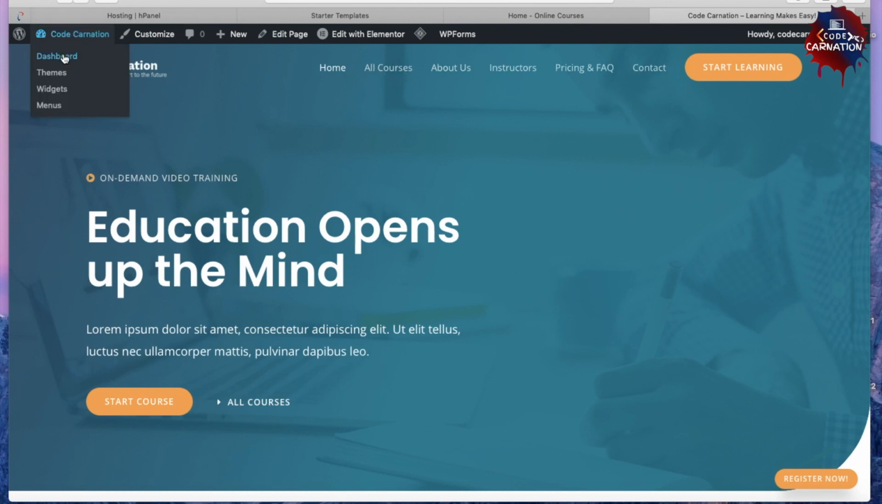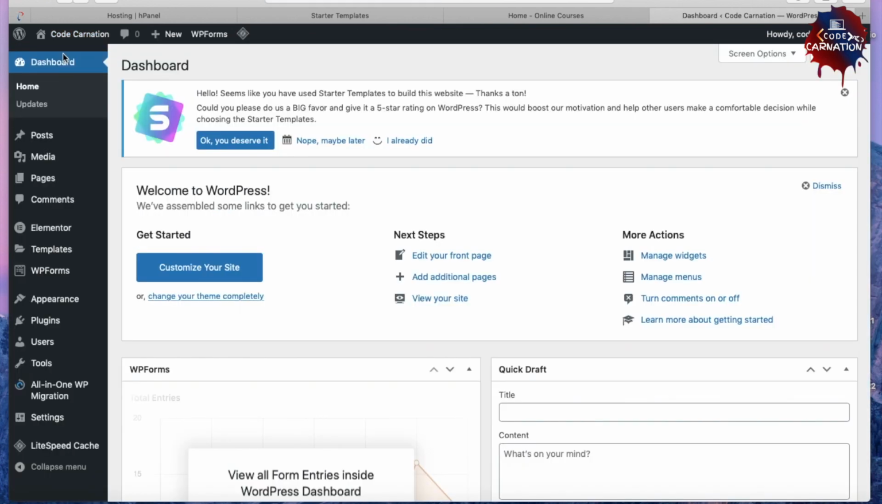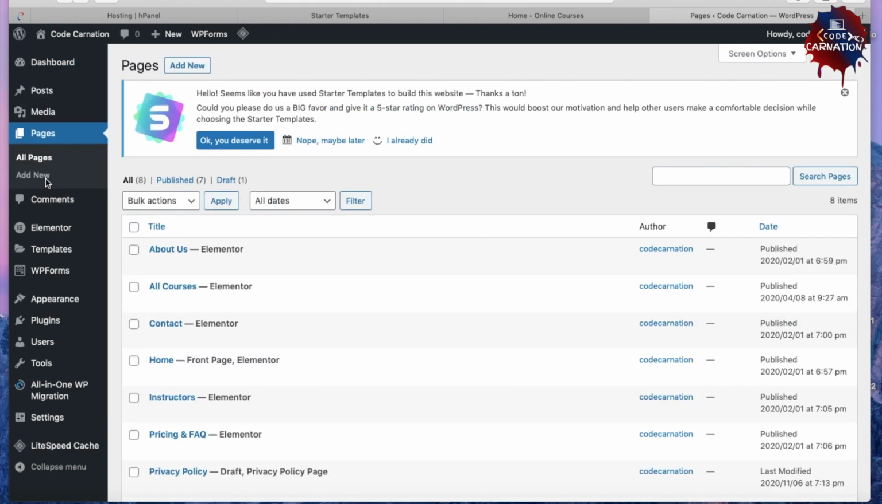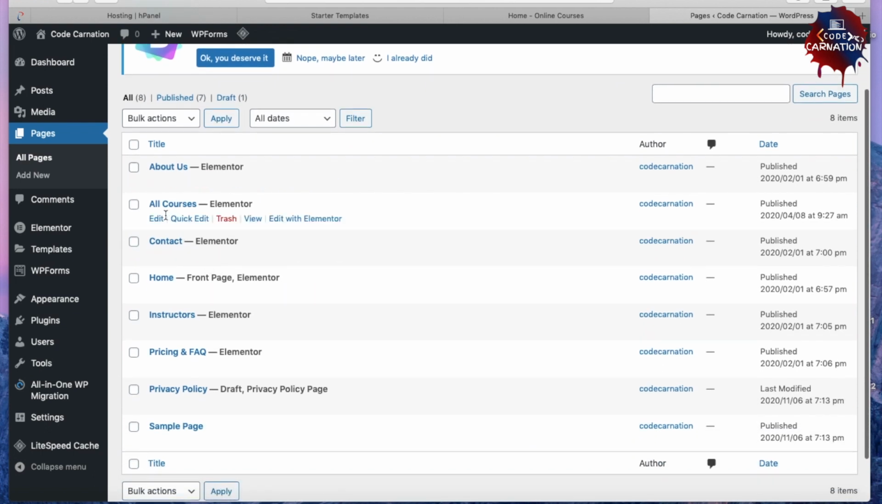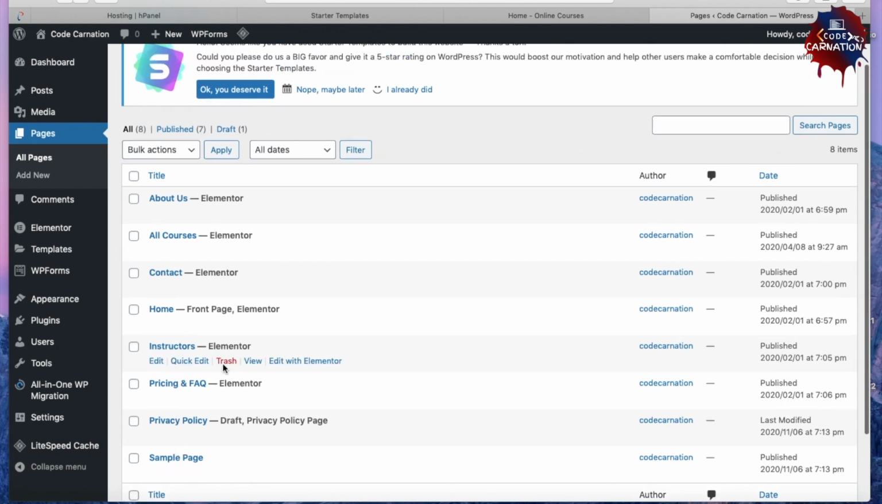Now for deleting, we'll go to the dashboard, then pages. Here there are post, media, and page, the third option. So post, media, page. We'll go to page. In page we'll have all the page options, like all courses. This is the second page, contact. This is the home page, instructor, pricing, FAQ, privacy policy, sample page. If you want to delete any of the pages,